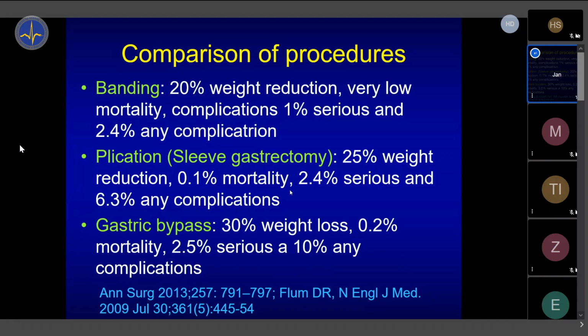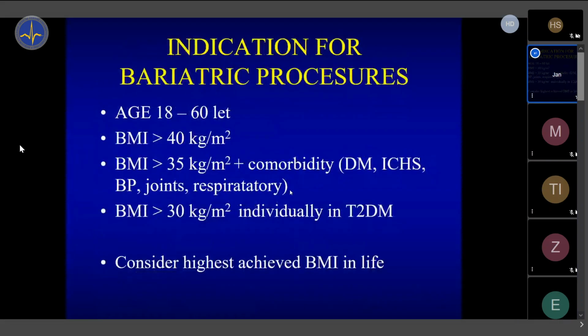So it's not for everyone, right? It's not just sending any patient to bariatric surgery. There is an age limitation. About the age, we are not quite sure as scientists. Maybe 65 is still quite good. We don't have data showing that 75-year-old people benefit from bariatric surgery, right? That's why the age is 18 to 60, 65 maybe.